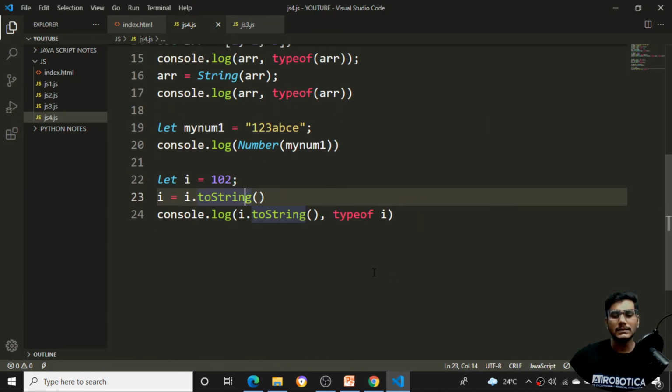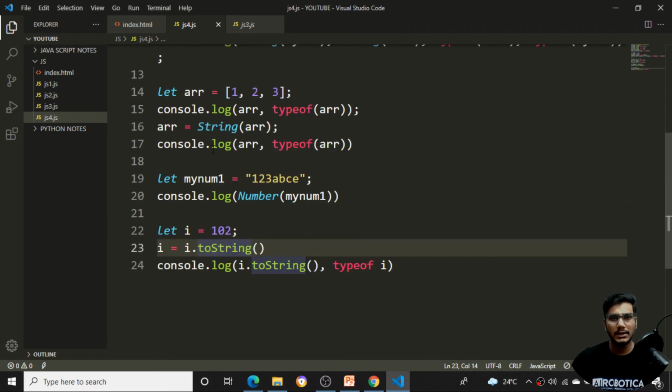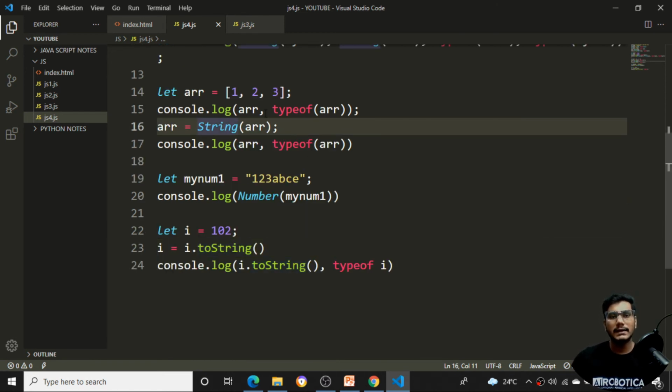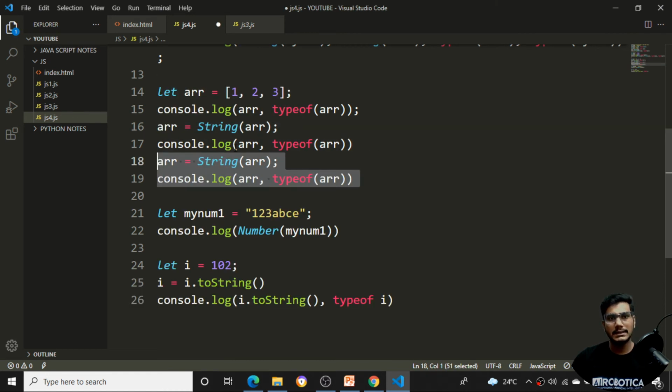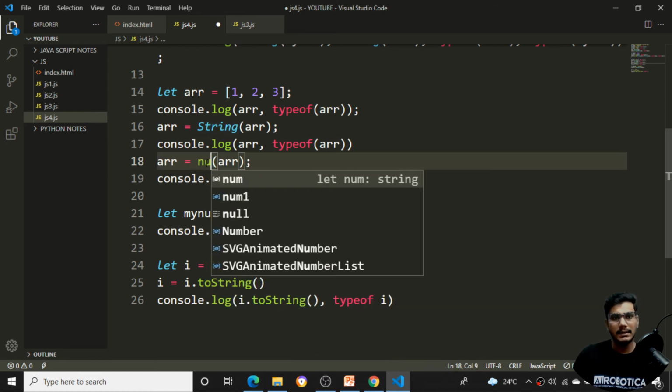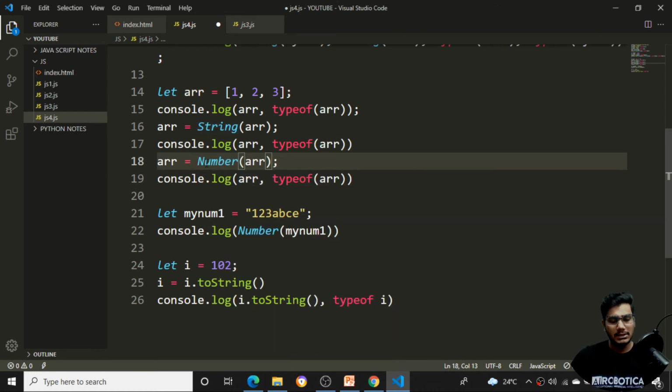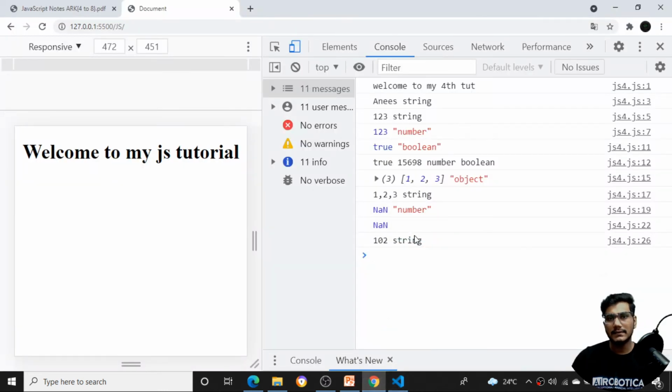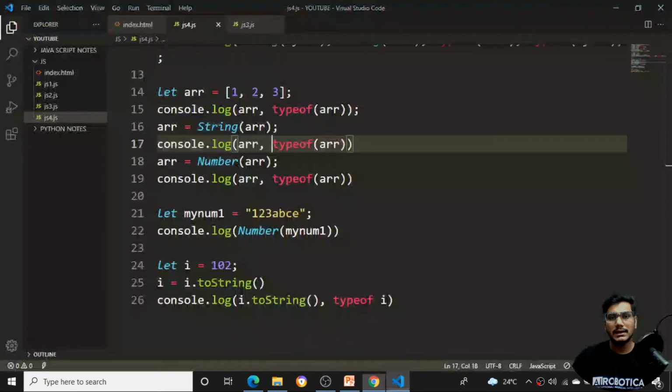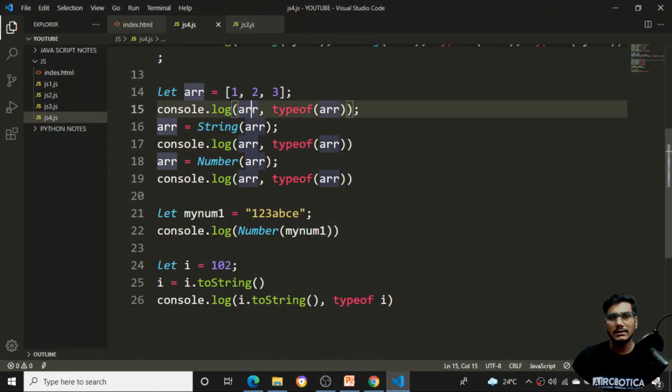So we have seen how to convert the particular array into a string. I can convert the particular array into a number also. Same thing, I'll press Ctrl S. Here I'll name it number. If I try to print the type of it, you can see first it gives a string, then it gives the number value. So the type is giving as number, but the particular value it cannot convert into a number value, because it is 1 2, even the comma is there, even the braces are there.